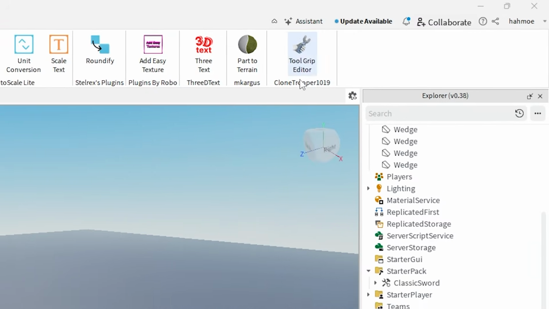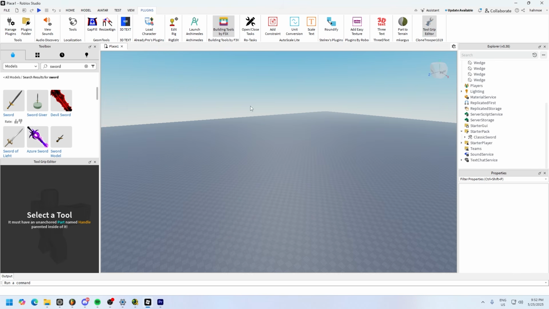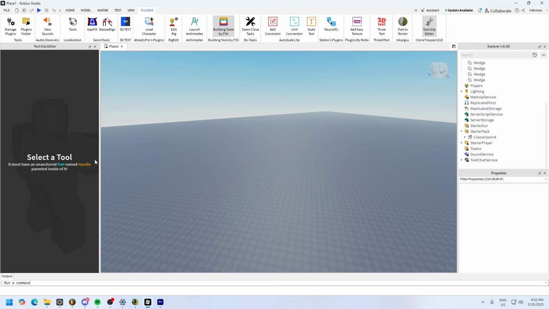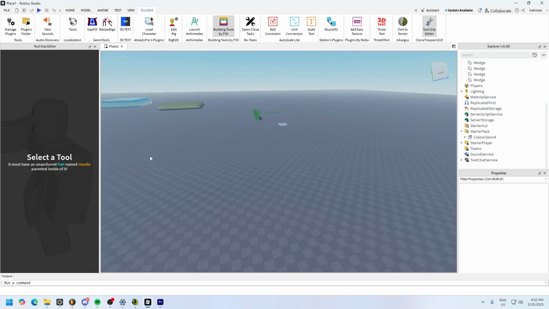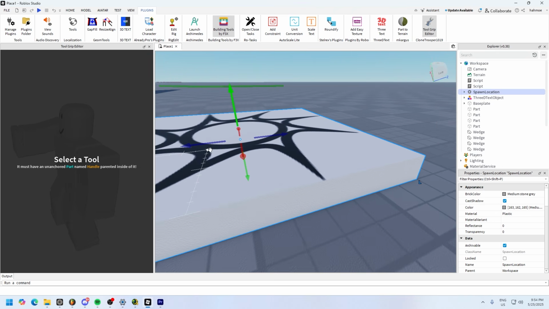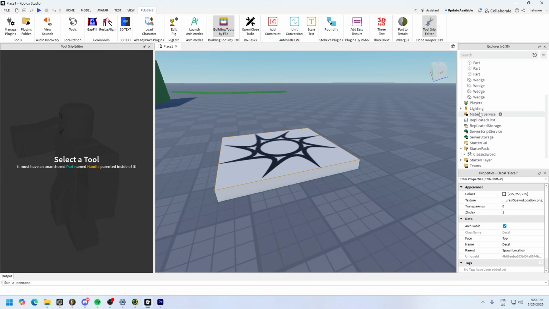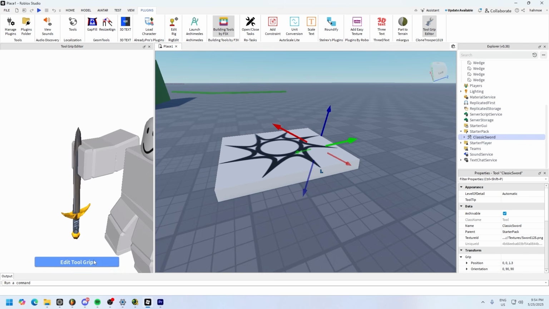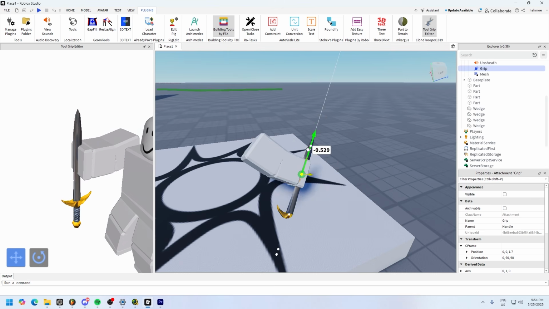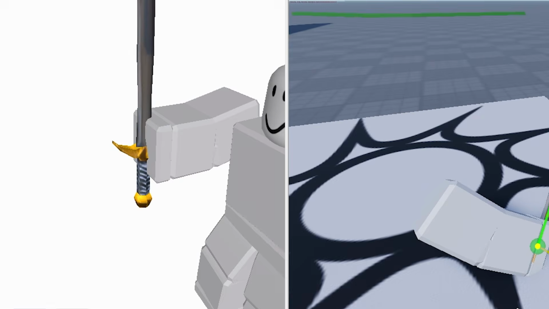The next plugin that I'm going to be talking about is Tool Grip Editor. Tool Grip Editor is going to allow you to edit the way certain items are held. So you can make it so the player holds a certain item the way you intended it to be held. So I'm just going to give y'all an example over here. Let's say that you have this item right here and you don't want it to look like this when somebody's holding it. So then you can